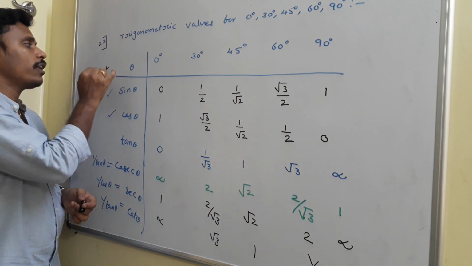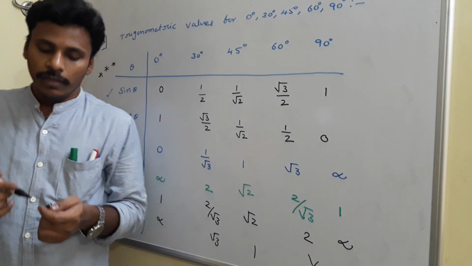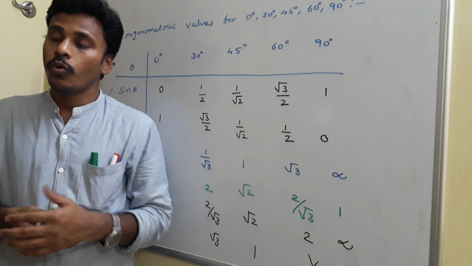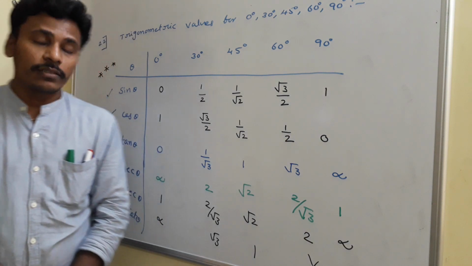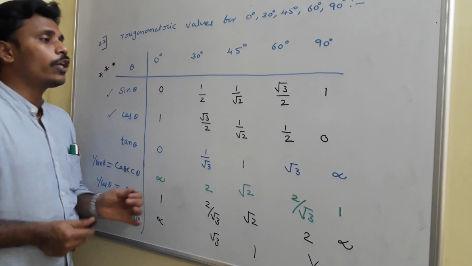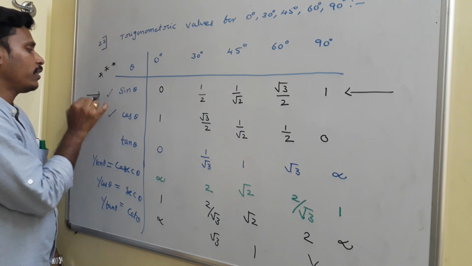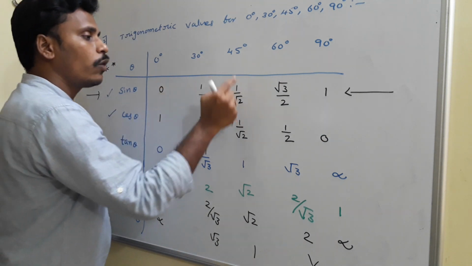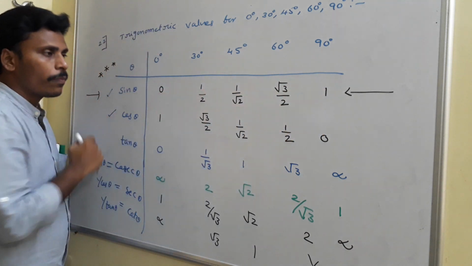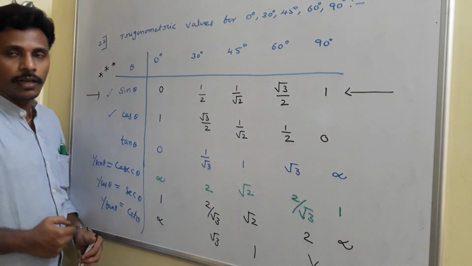The table is very important to solve many problems, and it is a very basic thing. See, usually people ask you questions from this trigonometry table if you are perfect with trigonometry. Just have a look at this. Among all this table, first of all you need to memorize the first row, the values of sine theta: 0, 1 by 2, 1 by root 2, root 3 by 2, 1. And if you know this row, then if you reverse it, automatically you will get the row of cos theta.